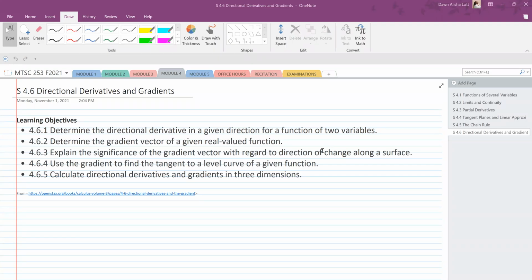So in section 4.6, where we do directional derivatives and gradients, we're going to determine a directional derivative in a given direction for a function of two variables. What does that mean? We're also going to determine the gradient vector, and so we'll talk about those things. Okay, so let's suppose for a moment